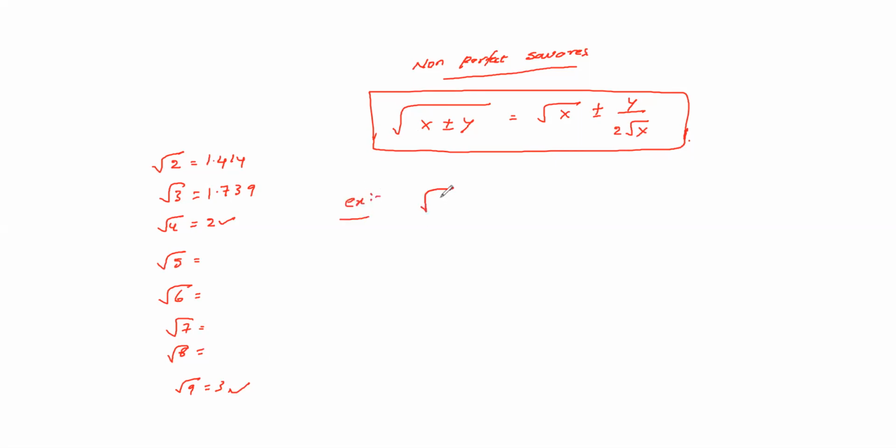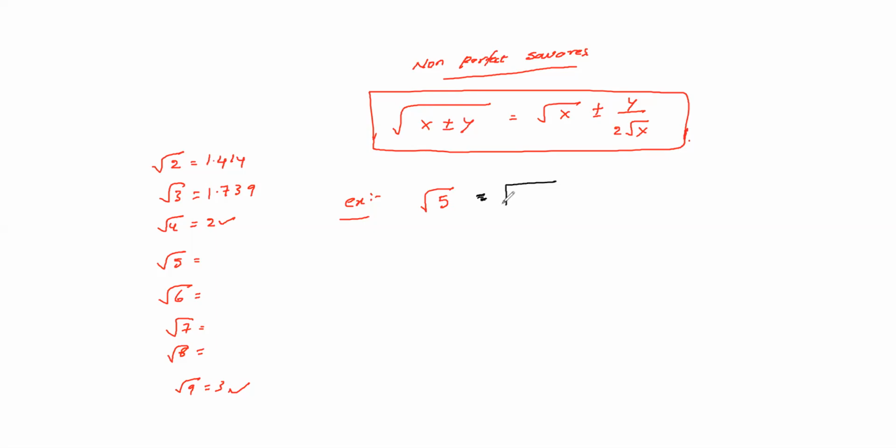For example, I need to find the root 5 value. I don't know the root 5 value. So I need to find root 5 without using the calculator. Without using the calculator, we can do it. And one more thing: the formulas I am discussing now need not give exactly the same value. Maybe there will be some changes, certainly in the decimal points. These are approximate values, not exact values. Let's see, root 5 is equal to